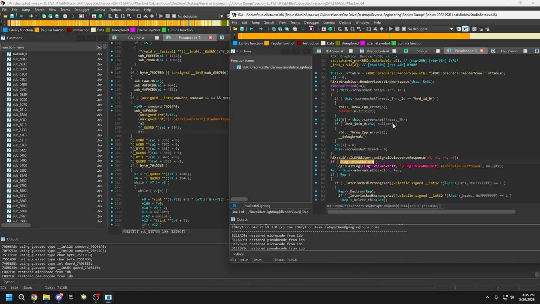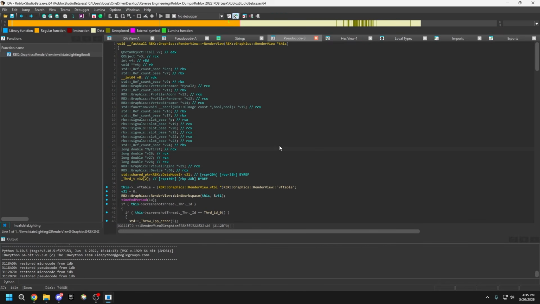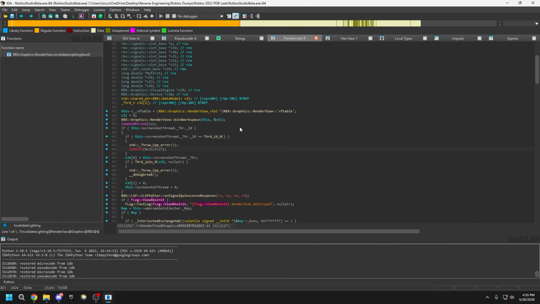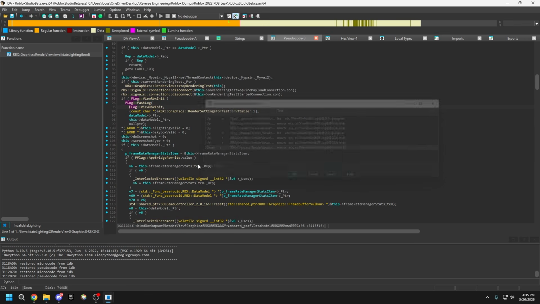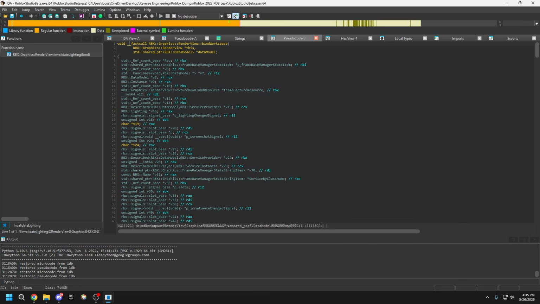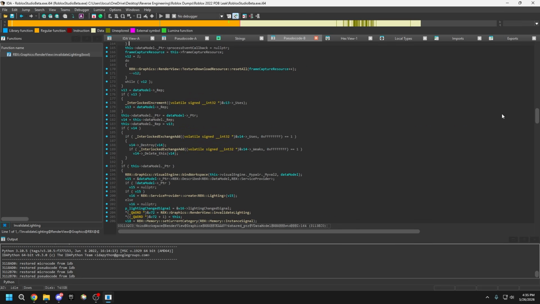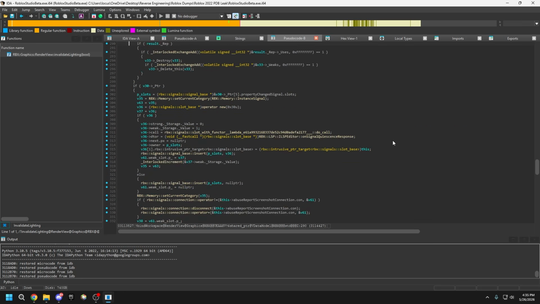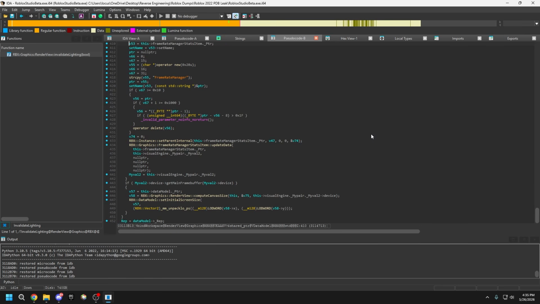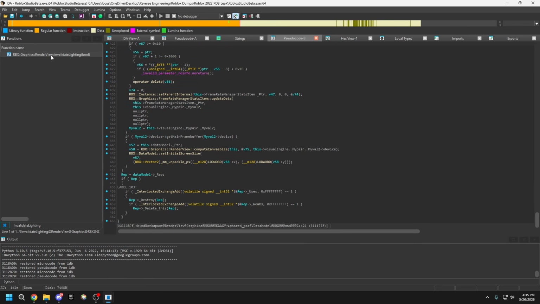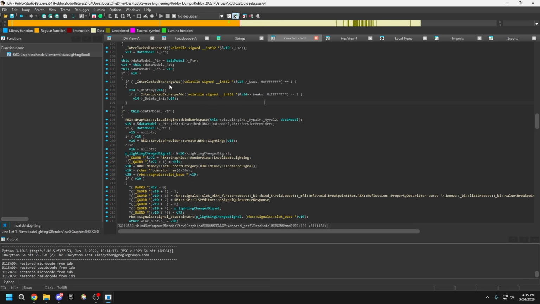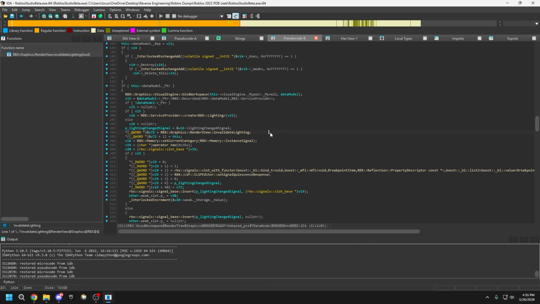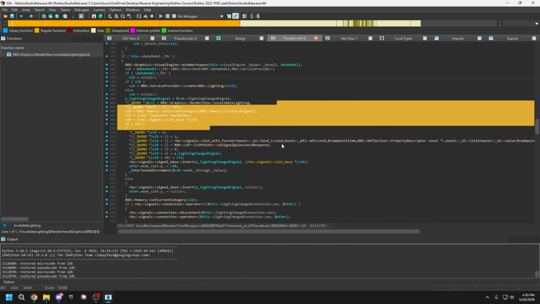And if we go back to our PDB leak, and we go into bind workspace, which we can just do by doing this, right? We have to find where invalidate lighting is. Invalidate lighting is actually, it'll be way easier if I just do this. Invalidate lighting is right here. So it's not going to be the same lines down because, of course, we have all the types here, but